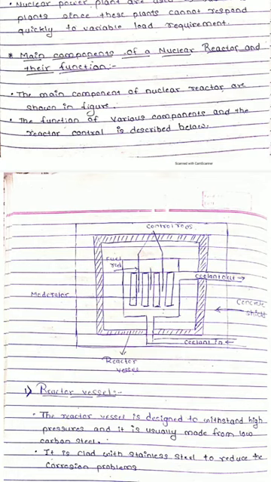Here there is also a reflector. The reflector reflects the neutrons, which prevents them from escaping from this shell. That means it contains the neutrons within the system. The concrete shielding is for shielding against radiation, so that the radiation generated from the reactor by fission cannot go outside this vessel.